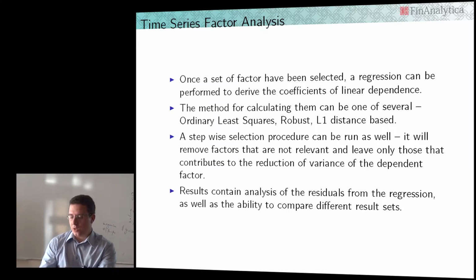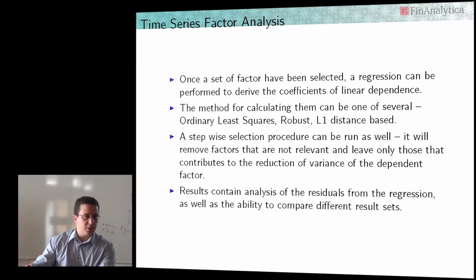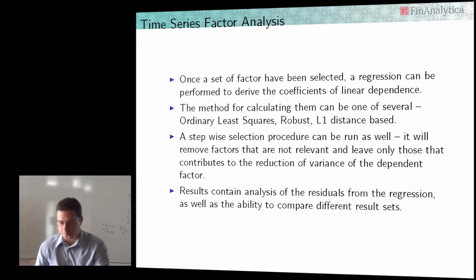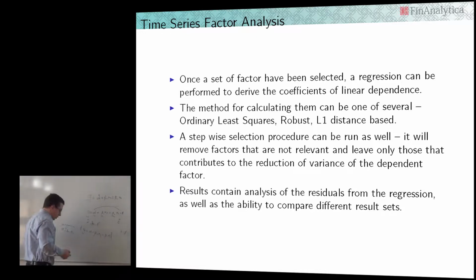For example, if adding these two factors is better than having this single one factor, at one point you might just remove this from the equation. And it's a step up and step down approach to adding and removing factors, and at the end of that procedure you'll be left with the best, in some sense, a statistical sense of course, set of factors to explain your given equity. And this is an automatic procedure, and you can actually run it and see what happens. So it's a good way to understand the behavior of stocks,